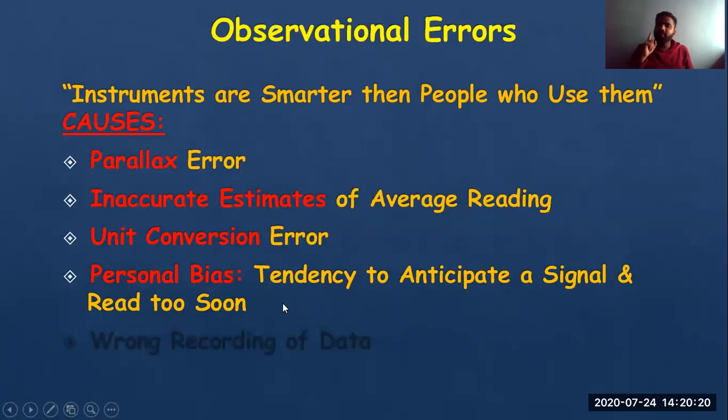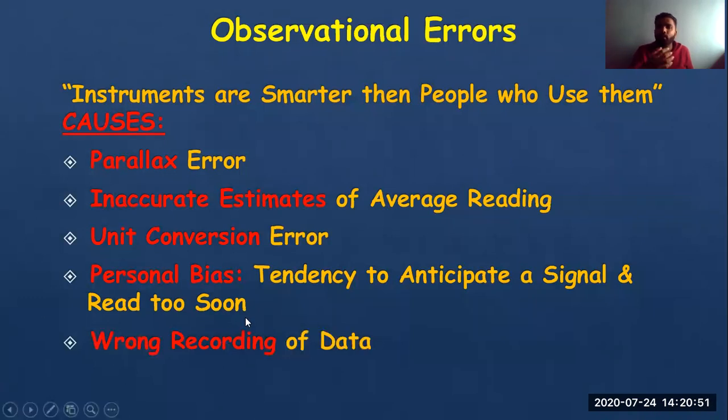Personal bias, this happens even with me, even with you. What happens, we anticipate: 4 रीडिंग आ गई, 5वीं इतनी होगी, लिख के ले ले, होता है. We miss the scale, हम भूल जाते हैं टाइमर में क्या लिखा है क्या नहीं लिखा है. We anticipate and read कर लेते हैं आगे का, छोड़ यार लिख के ले ले, देख लेंगे, उतना ही रहेगा उसके आसपास. ठीक है, तो this is called personal bias. When you are using it for your educational purpose, it's okay, but when you are using it in a company, this personal bias error will cause observational error, which is not good. And wrong recording of data.